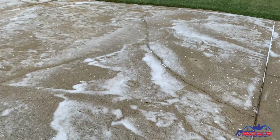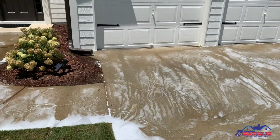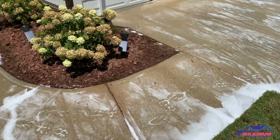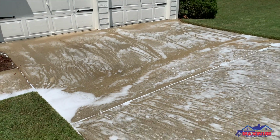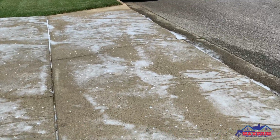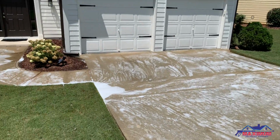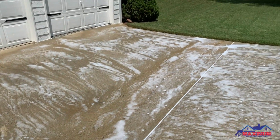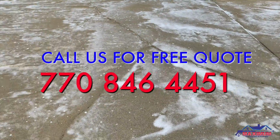And we are back with the final product here. As you're seeing here, this white stuff is some chemical mixed with some water and soap, and we leave this over here so that it does work on the concrete over time, and it gives it a nice polished finish look and just leaves it shiny. And so the soap helps it not dry up from the sun as fast, but over time it does just go away completely and leave the driveway